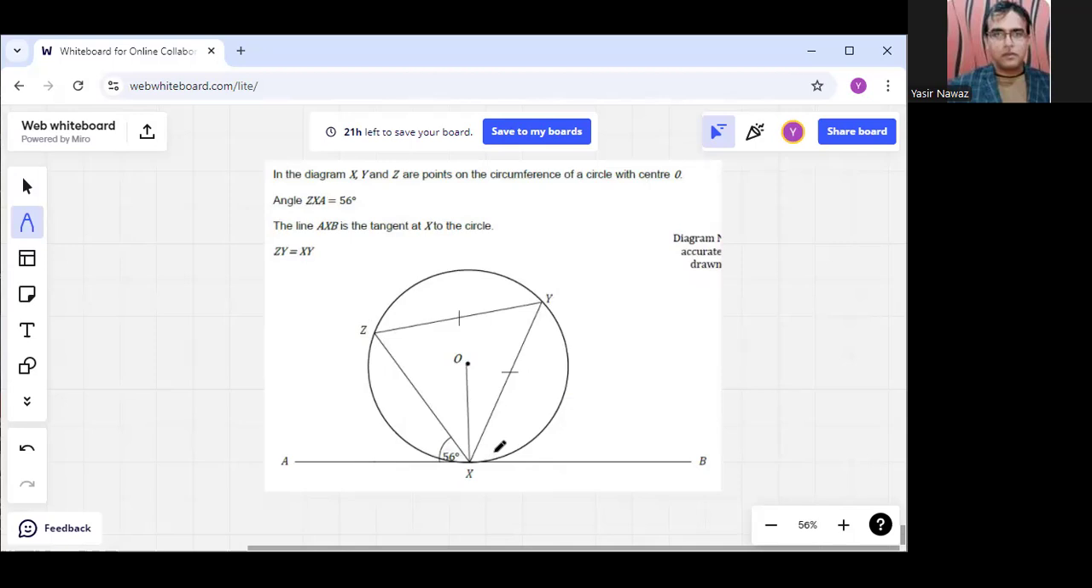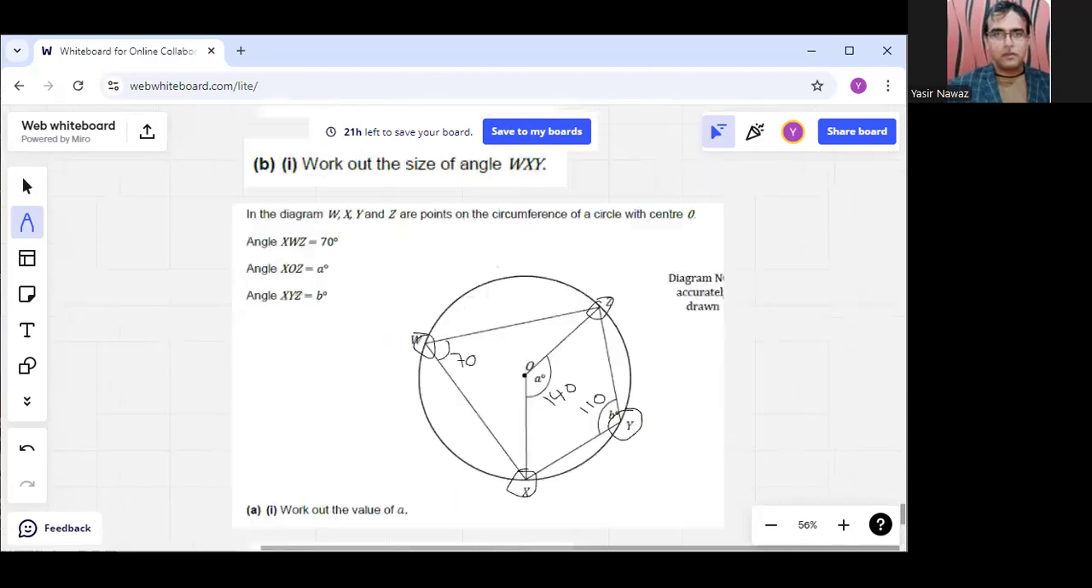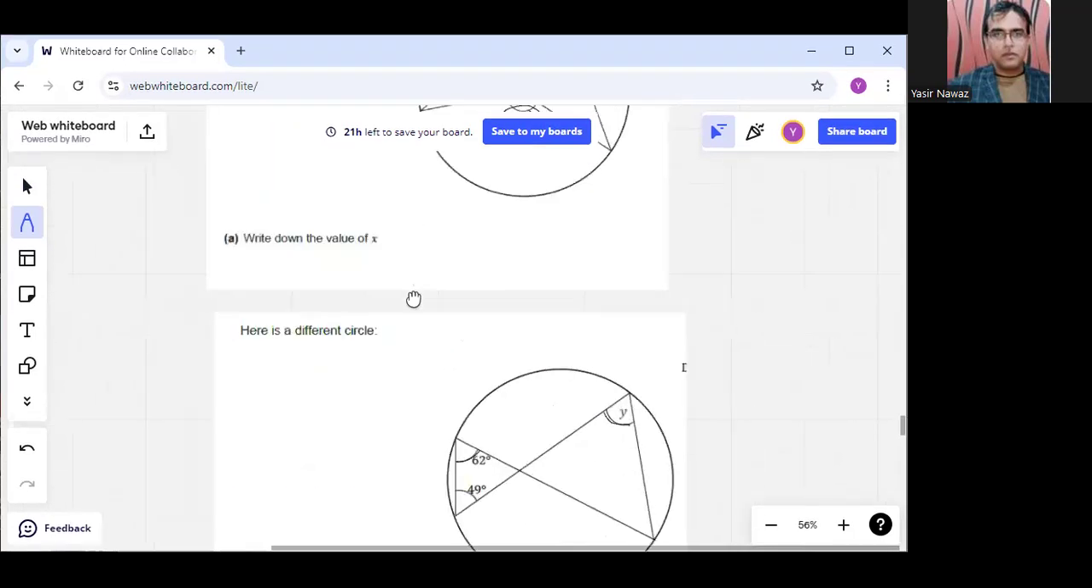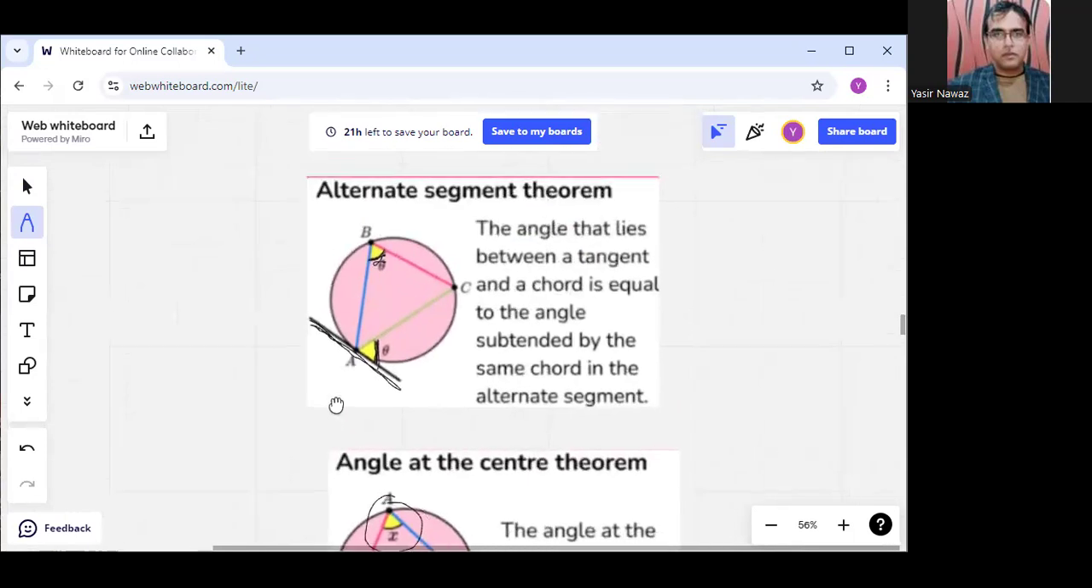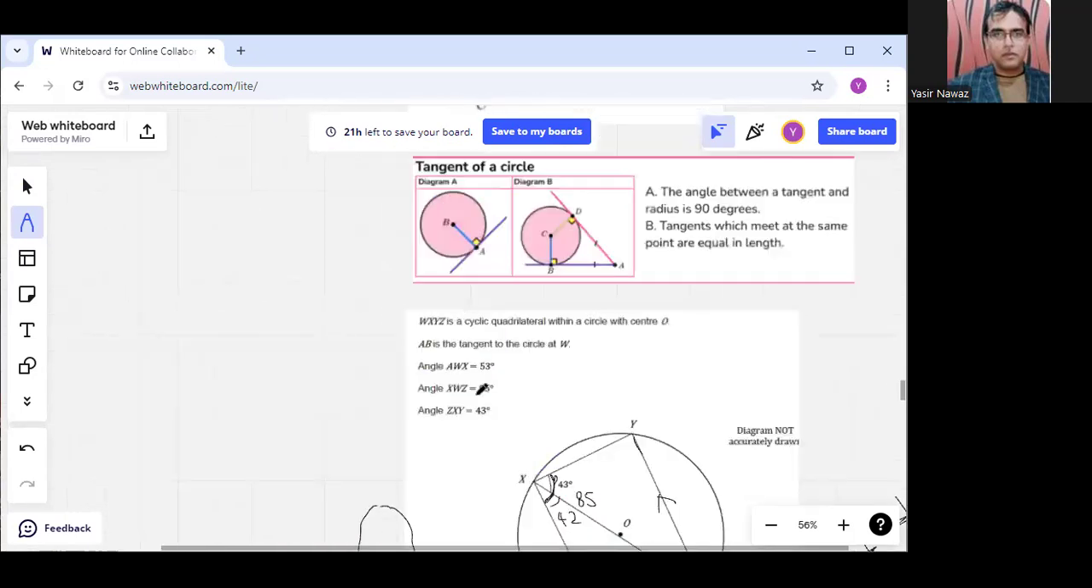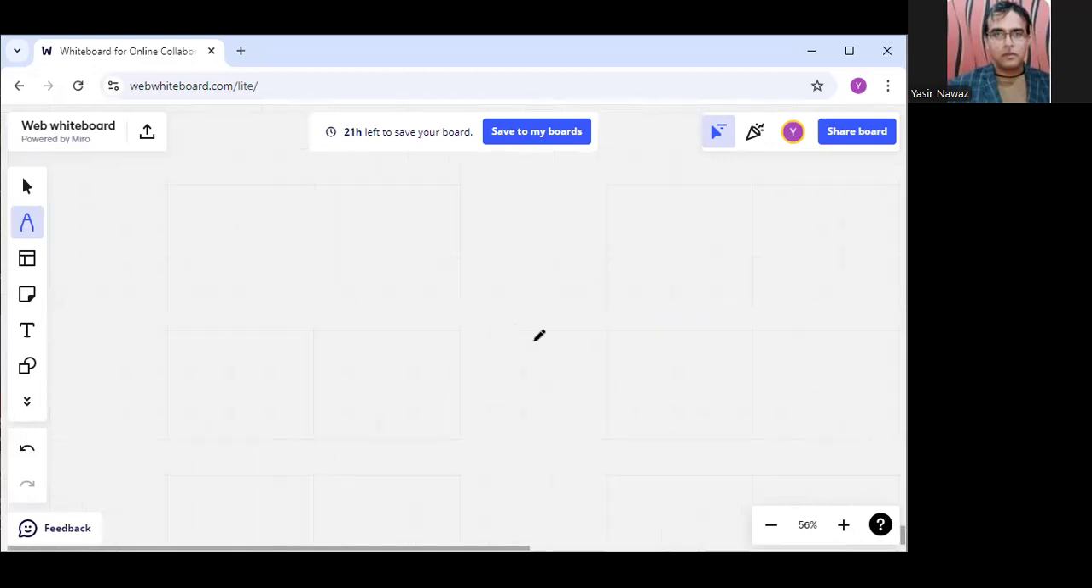ZY is equal to XY, so these two sides are equal. Again, what is the name of the theorem? It's the alternate segment theorem. According to the alternate segment theorem,